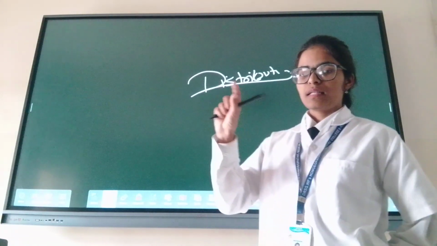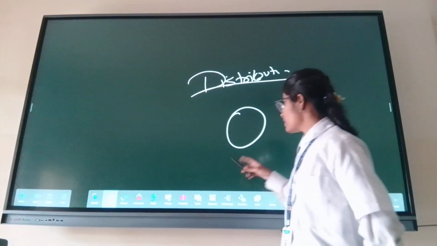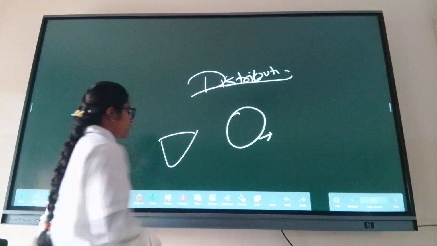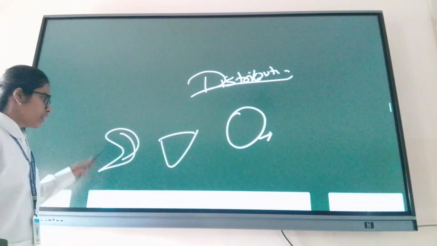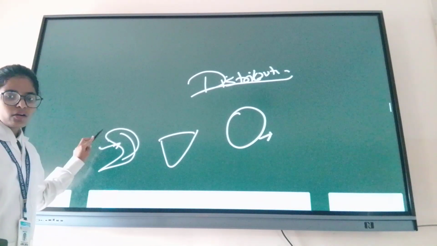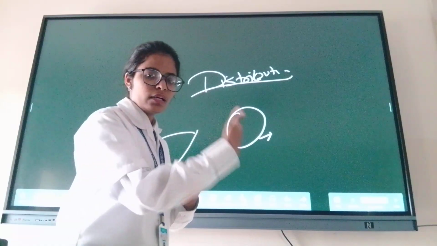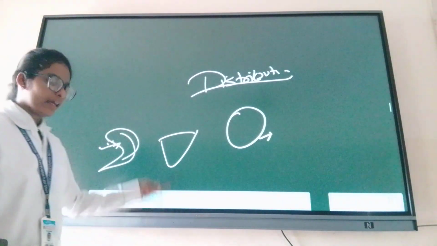But the receptor, the organ, suppose this is a brain cell, it will go to the brain cell, or I have liver disease, it will go to the liver, or it will go to the kidney cells. These particular organ cells are called effector cells, on which the drug is going to produce its effect or response, its activity, action.